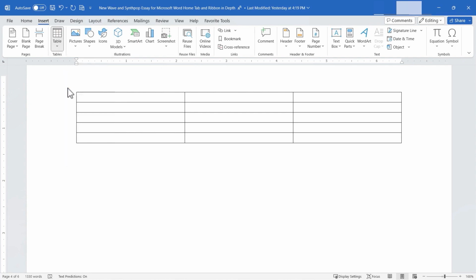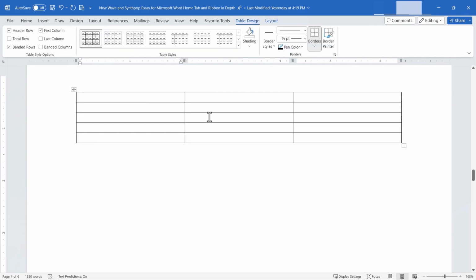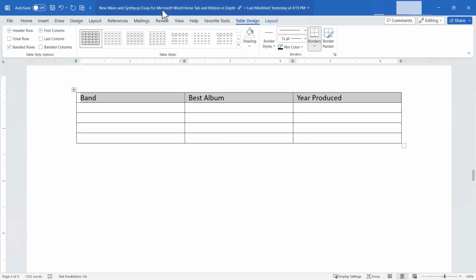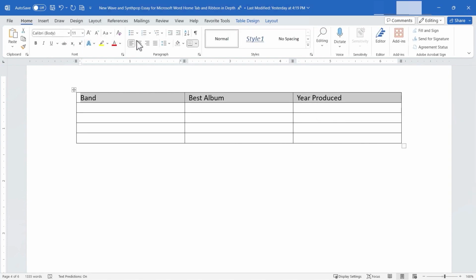I'll just go ahead and click, and now I've inserted a table. Now this table can be customized. I can type in each of these cells of the table. I'll just tap Tab to move over to the right. And of course, I could center those titles. I'll just go back to the Home tab, use Center to get those centered, and I could type in information